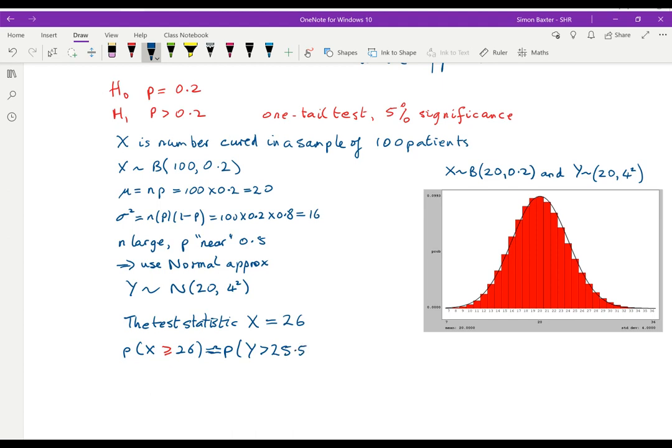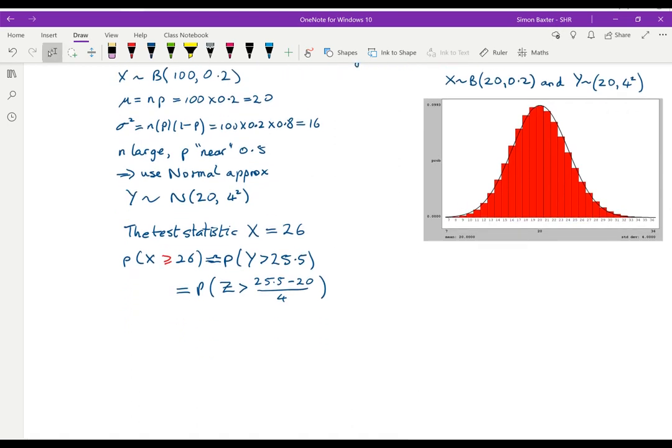So the value that I'm using for Y is different to the value that I'm using for X, which is why it's a good thing to have different letters. Now we can just plug in our normal distribution theory. That's the probability that Z is greater than 25.5 minus the mean, which is 20, over 4, which is the probability that Z is greater than